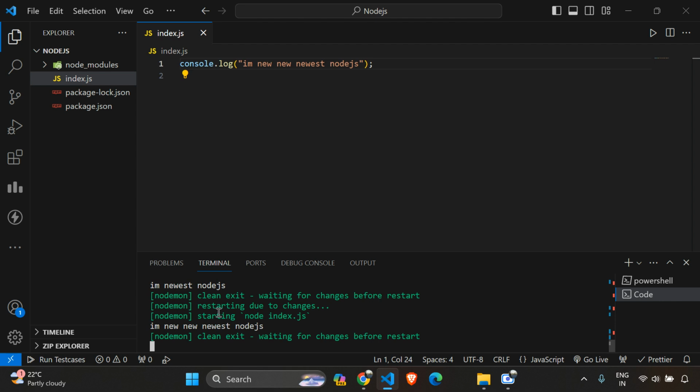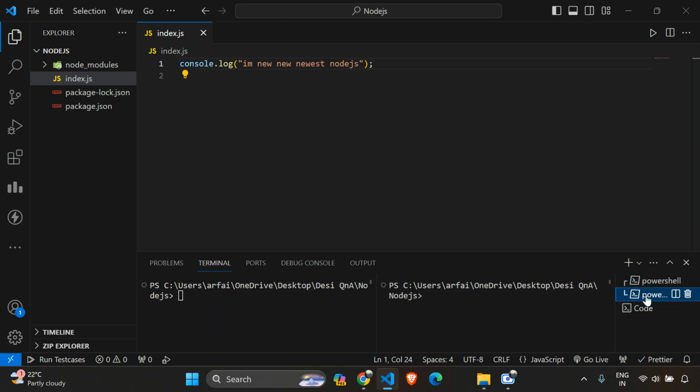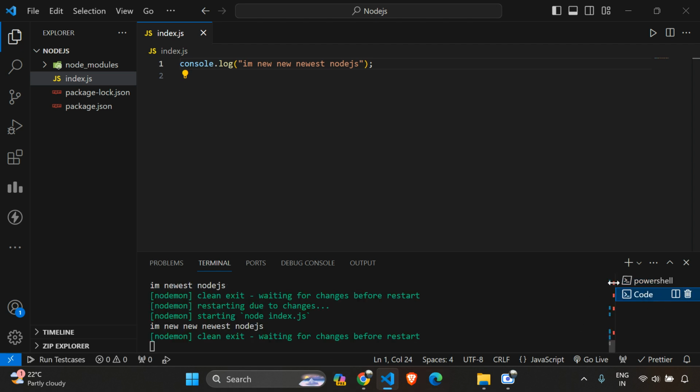And for nodemon, you can also install it another way. Let me go to another terminal and show you, because I don't want to end the nodemon server that is running.